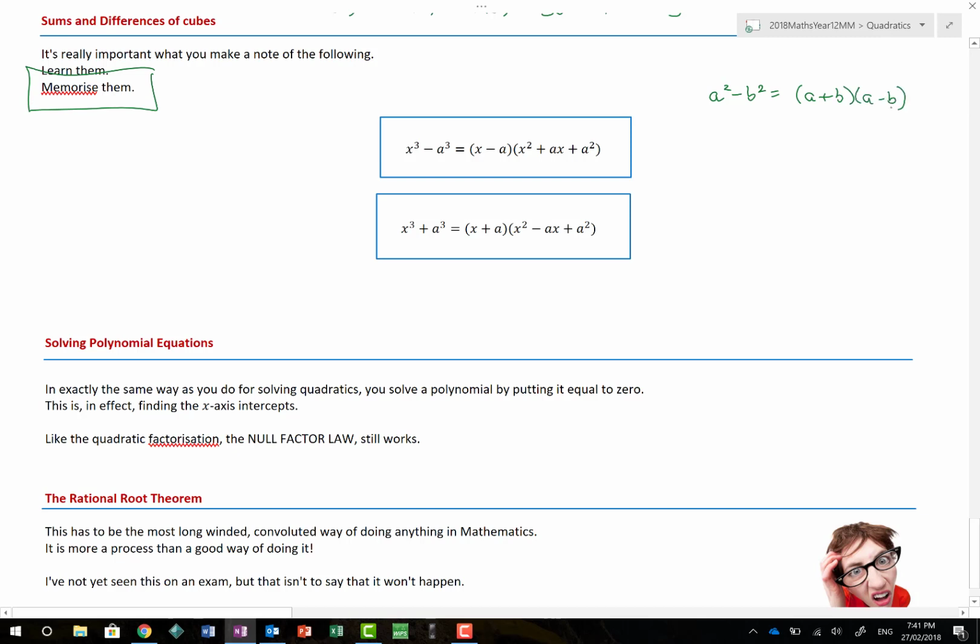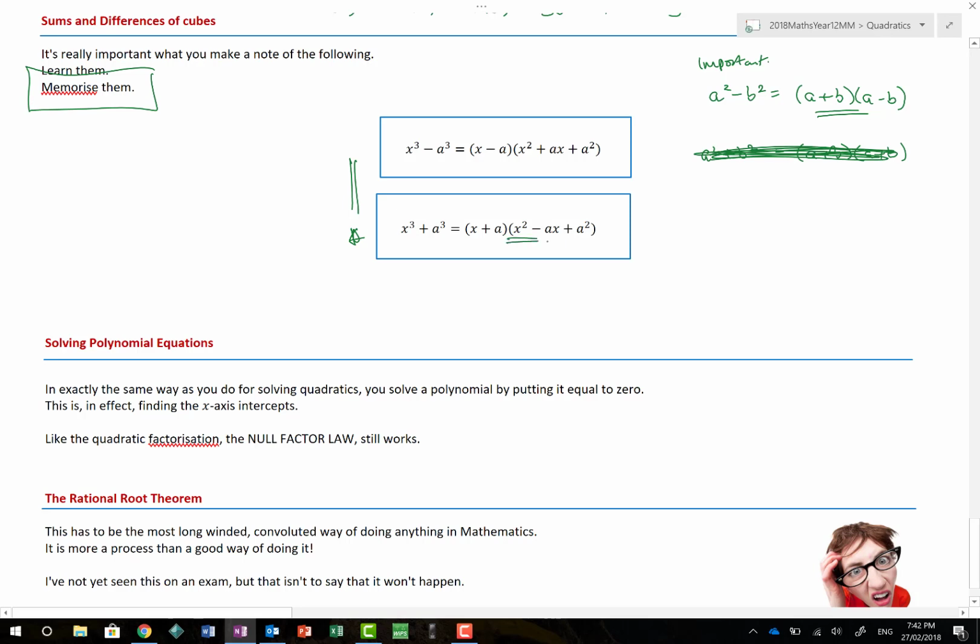Right, the difference of two squares, which can be rewritten as this, which is a fabulously important result. The same is true of cubics. And my advice to you is make sure that you put your cubics in your notebook or just memorize them. Now, whereas we can't write a squared plus b squared is equal to a plus b, that makes no sense. There's no equivalent. For cubics, there actually is. All right, so you can split x cubed plus a cubed